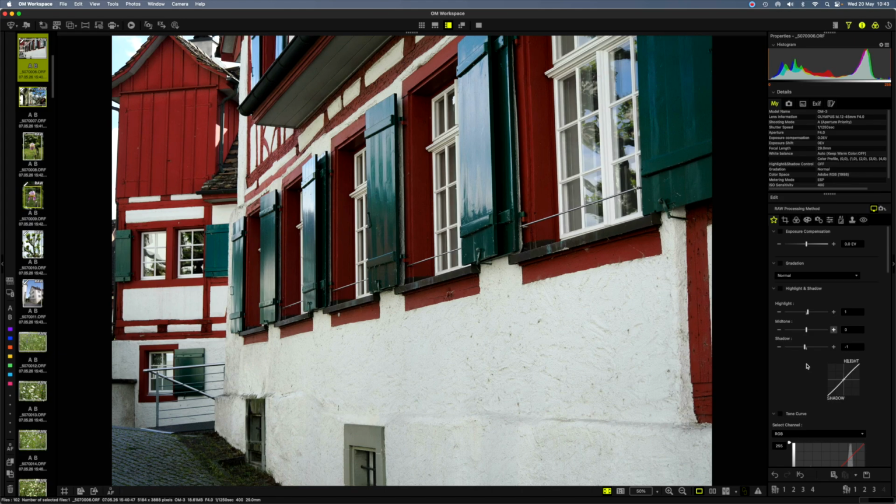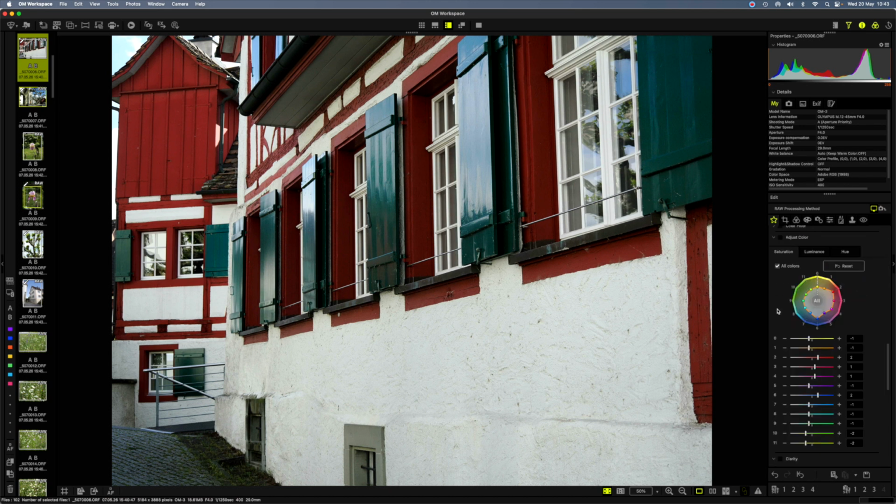This is important because with Olympus and OM System you have 2 RAW files. You don't see it. You only see it when you open the RAW file in Workspace. What is RAW Plus? RAW Plus is these camera settings. So you see all the adjustments we did in the camera or in the image creation process in the camera. So Olympus gave OM System and Olympus photographers access to the image building process in the processor.